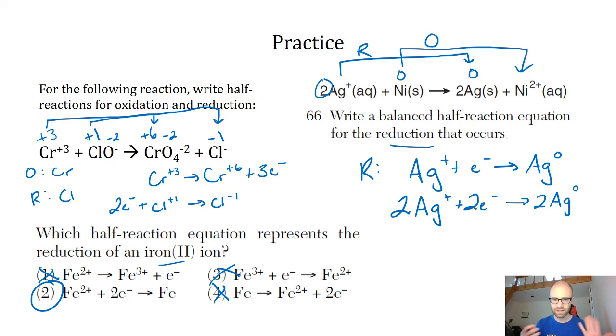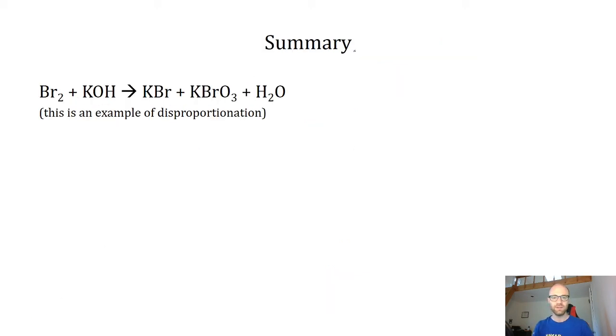So there's actually a little bit of additional stoichiometry in there if you want to think about it this way. The idea is that 1 mole of silver ions will gain 1 mole of electrons to make 1 mole of silver atoms. By the same token, 2 moles of silver ions would need 2 moles of electrons to become 2 moles of silver atoms. So in summary,